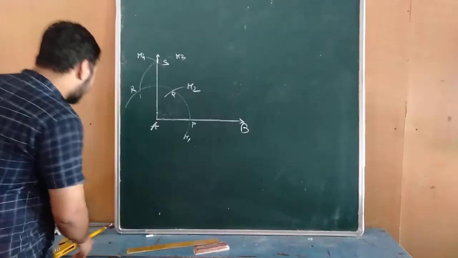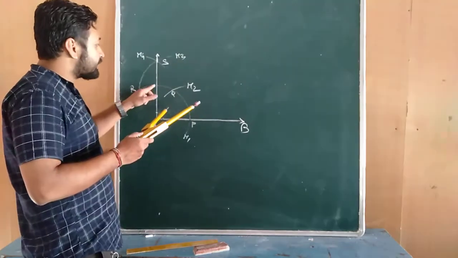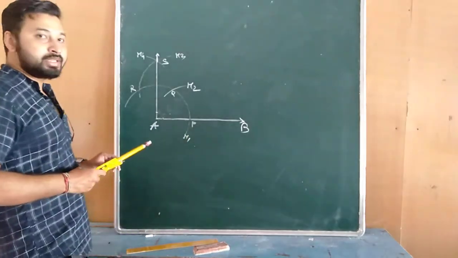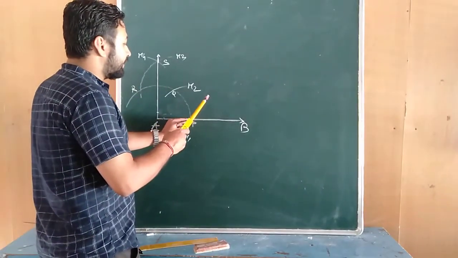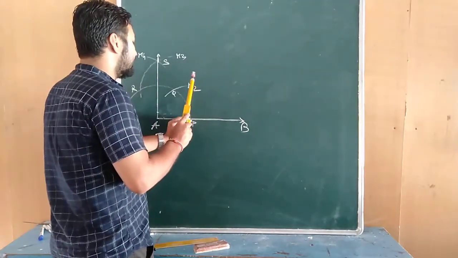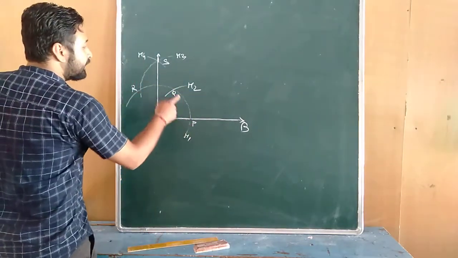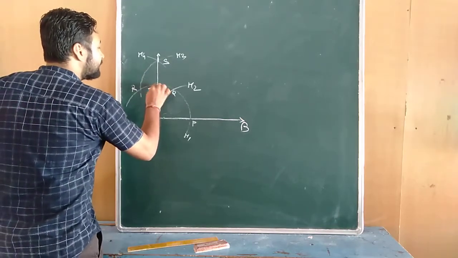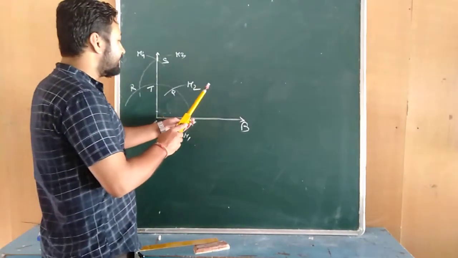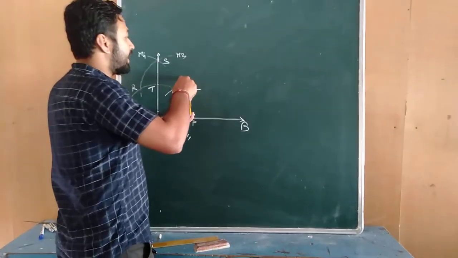Understand? So for bisection, what is required? Taking this center, one arc is required. The arc is already drawn. So now, what is required? Taking this point P, we need to draw one arc with radius more than half of this. We can name the points P, Q, R, S, T. This point we can name T. Taking S as center and radius more than half of PT, we draw one arc here.